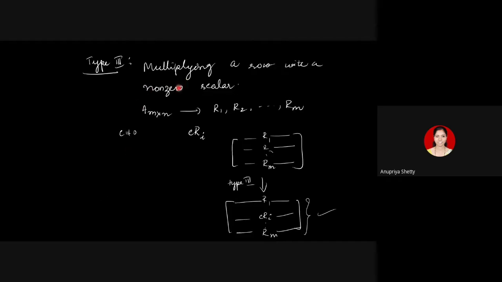Type 3 is you choose one row of your choice and multiply that entire row with one fixed number, which we call a scalar, a non-zero scalar usually. You can multiply by 0 as well, but multiplying by 0 will simply give you a 0 row. Later, when we come to solving equations, that is not at all useful. So we usually see that the scalar by which we multiply a row is non-zero. So these are the three types of elementary row operations.